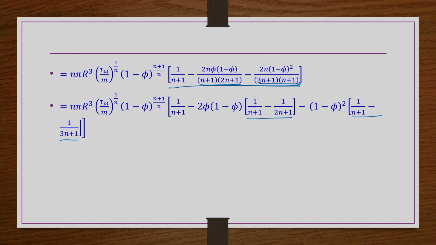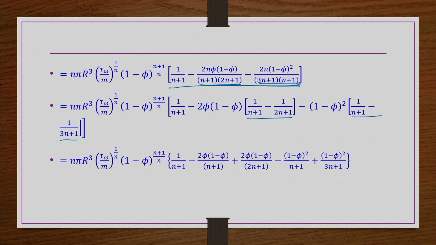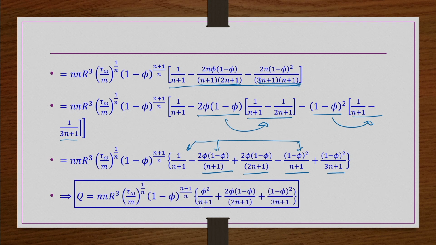okay, right. So, in the next step what we are going to do, we are multiplying this with these 2 terms. Similarly, we are multiplying this (1 minus phi) whole square with the 2 terms within this parenthesis. So, then we have these 5 terms now, 4 plus 1, 5 terms, right. So, next step what we try to do, we try to join these 3 terms where we are dividing by n plus 1, right. Then we get phi square by (n plus 1), whereas the remaining 2 terms are as it is.